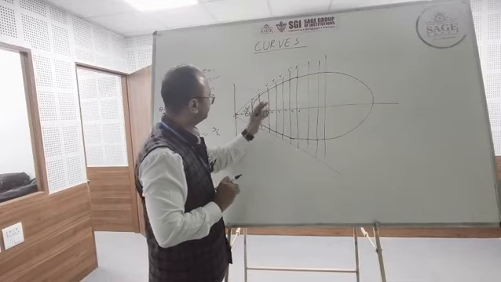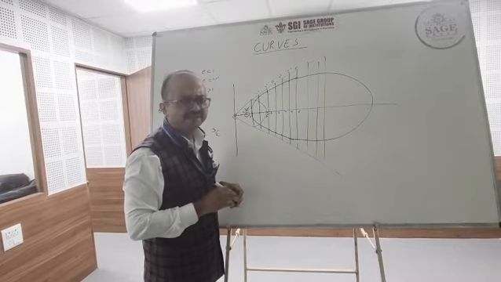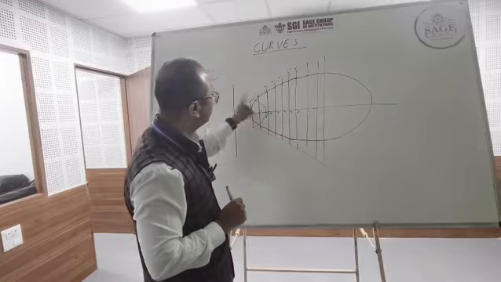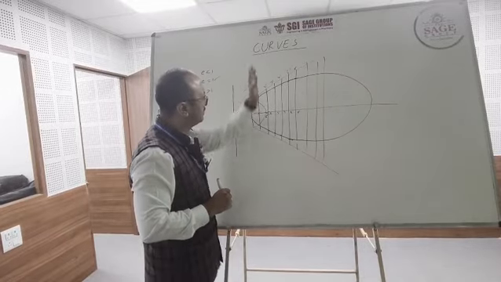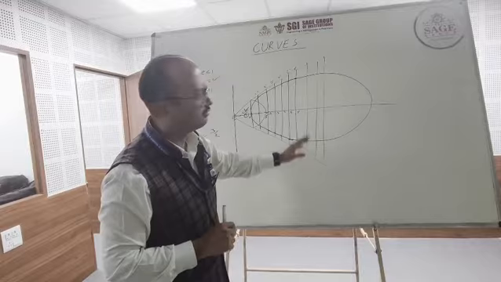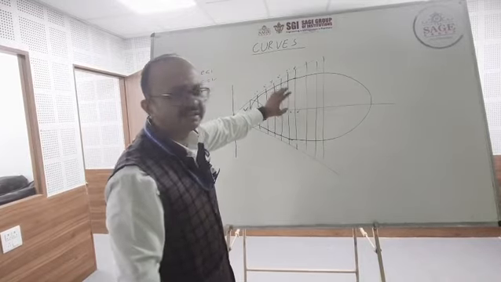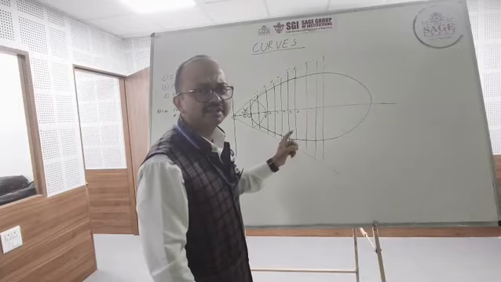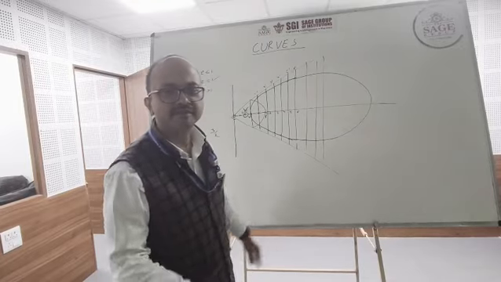You will draw a vertical line at the vertex, then you will mark a curve from V to F by taking the distance from V to F. Then you will draw inclined lines. You will divide the vertical lines into equal lengths, and you will start marking arcs. So we will get the parabola and hyperbola. Only the ellipse will close, otherwise the parabola and hyperbola will remain open. Okay.